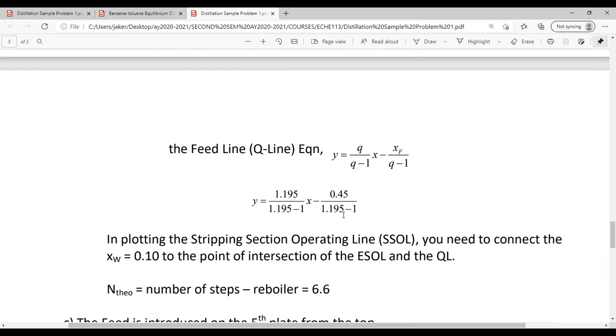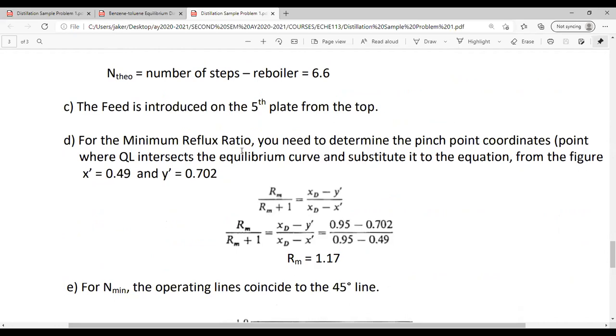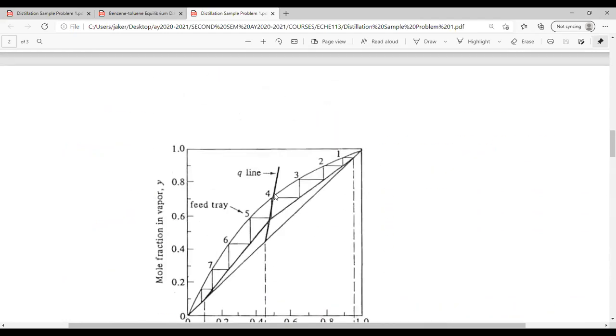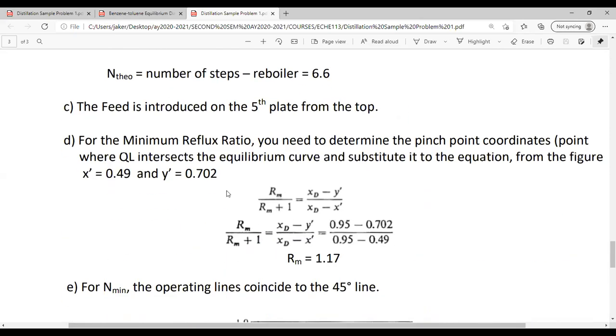Okay, now the next question is, you need the minimum reflux ratio. For you to be able to determine the minimum reflux ratio, you need the X prime and the Y prime. If you go back to the one that you have drawn in here, this is the point. You have to read the X prime and the Y prime here. So the X prime and the Y prime for this problem are 0.49 and 0.702 respectively. So substituting to the formula that was shared to you for minimum